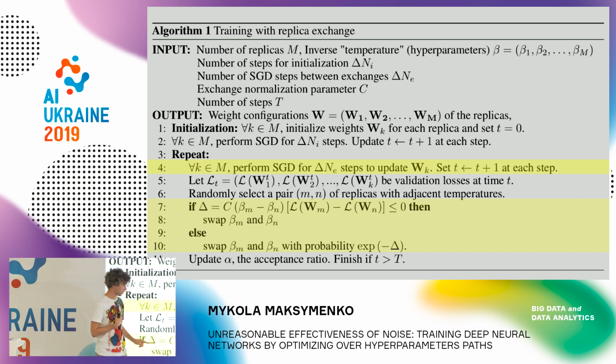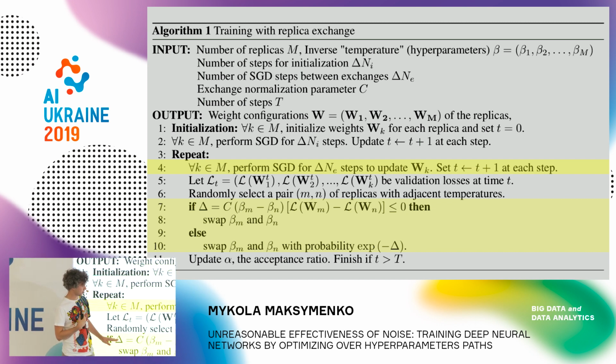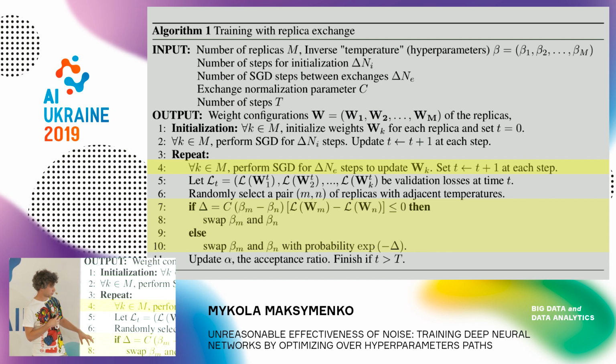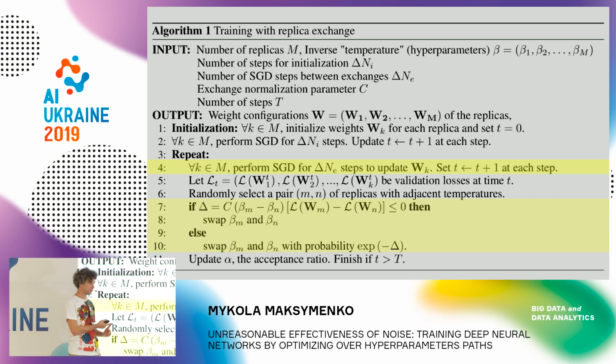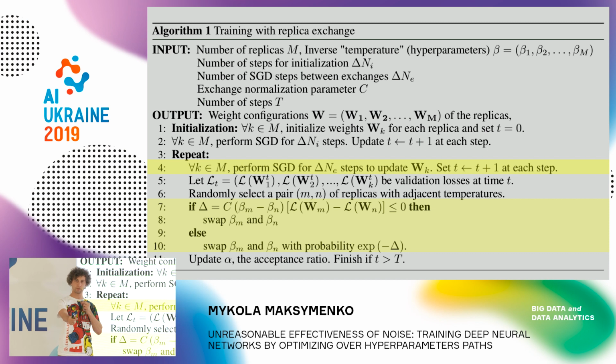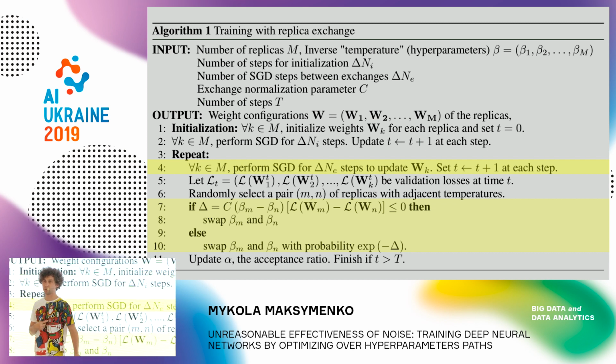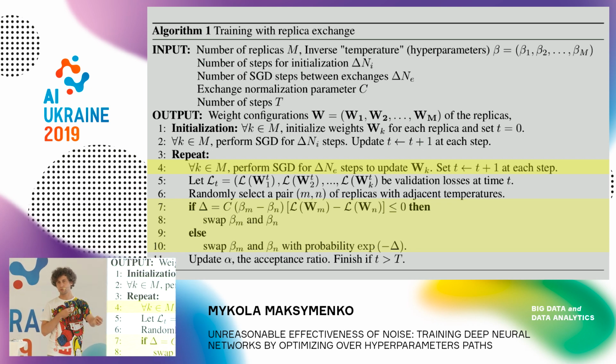And this is standard. I don't have these formulas here in this presentation, but you can walk through our paper. This is a Metropolis step, which allows us to make a swap if we see that we actually gain an advantage, but we exchange the temperature so that the other replica still trains. And we can still make the swap with some probability if we see that it's probably not optimal, but there is still some probability that we make a swap.